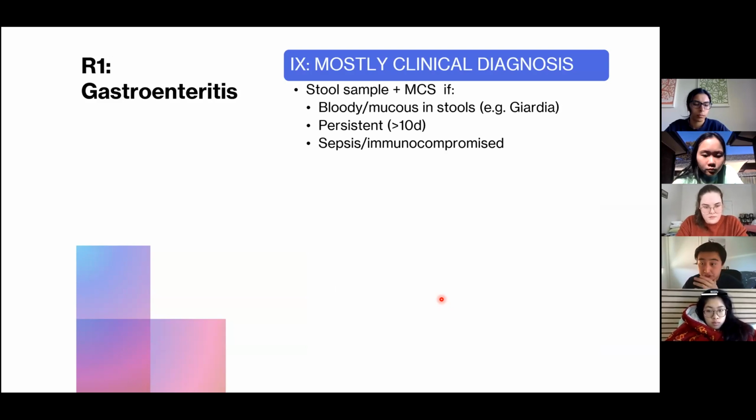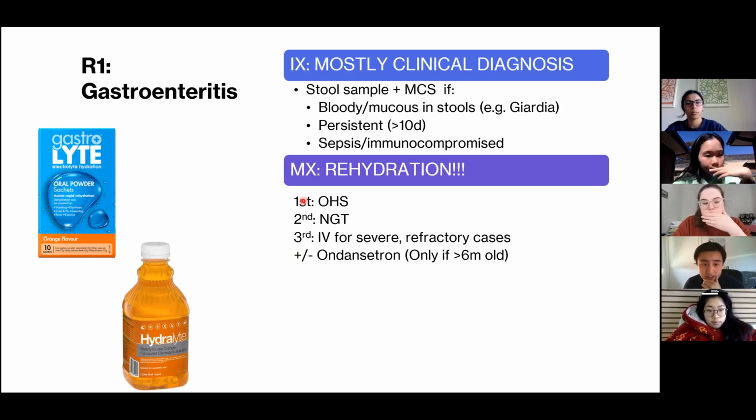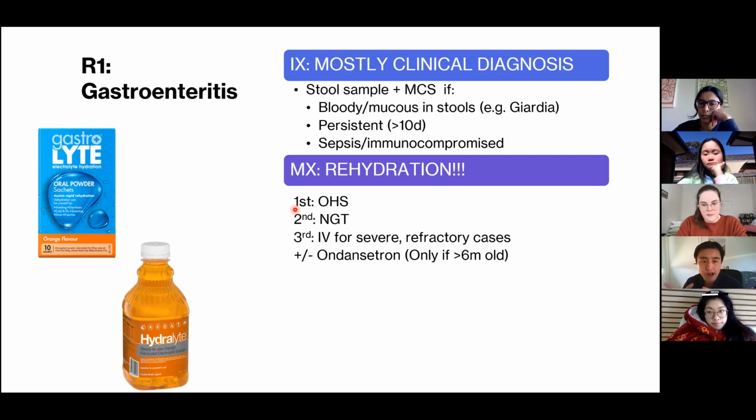For the management, as you pointed out, dehydration is a big concern. For the management of gastro, it's all about hydration, hydration, and hydration. The first thing you can try is oral hydration solution. What's commonly given in hospitals or clinics is Gastrolite or Hydrolite. Oral hydration solution is usually used for milder gastro, your routine gastro where they just have a little bit of diarrhea and then self-resolve. You can manage them as outpatients and have them take a bit of oral